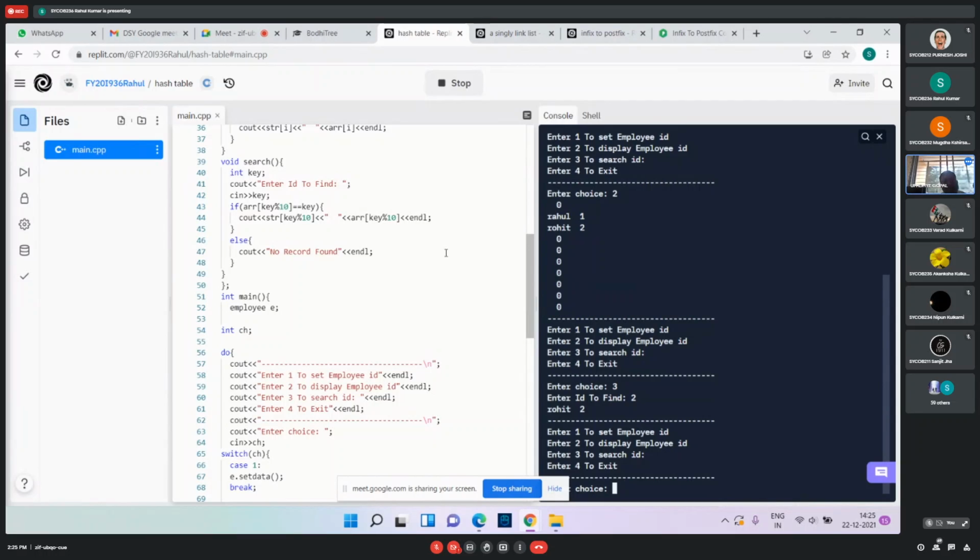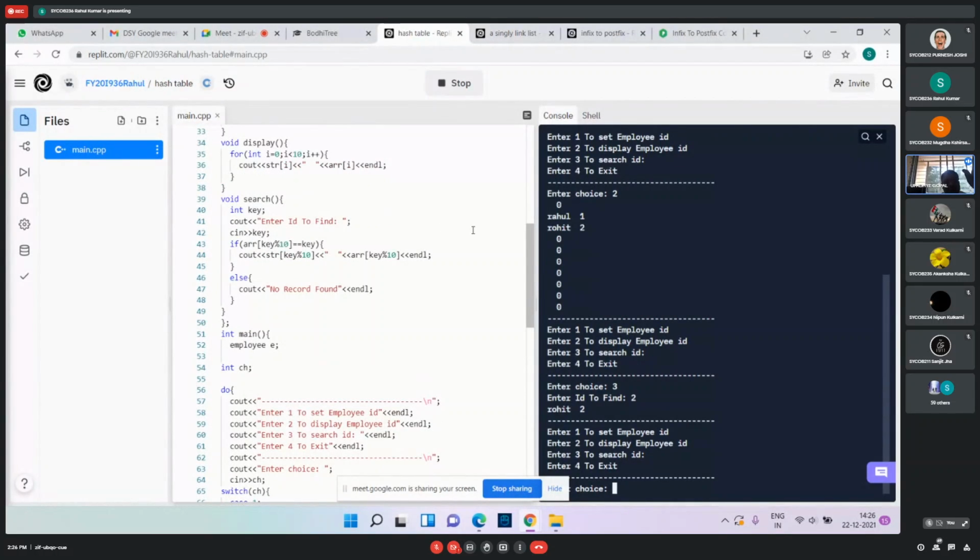You are telling the code. Can you explain this logic with the help of this hash table implementation? Although you have done this, you are not telling the things clearly. Logic is correct. 100% your program is correct. There is no doubt. But we need the explanation from you.